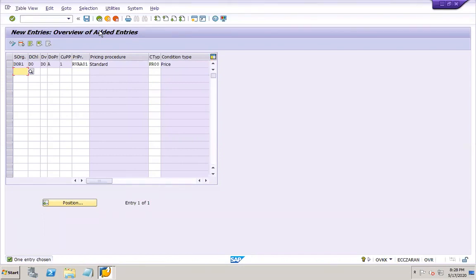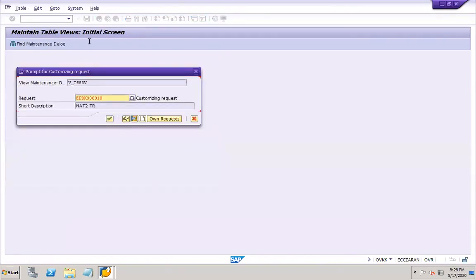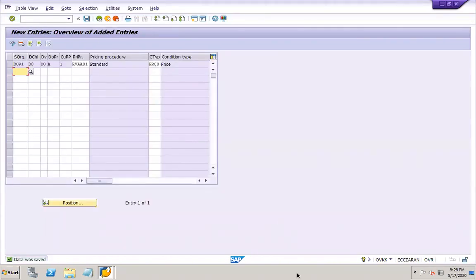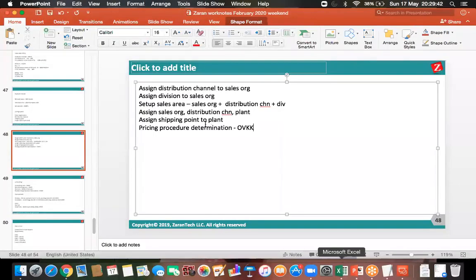Okay, for price in we took PBXX, and for discount, it will be different. Okay, RB00 for discount. Okay, like that. Condition types will be there to capture the values. So now, pricing procedure determination. Once it is done, next is